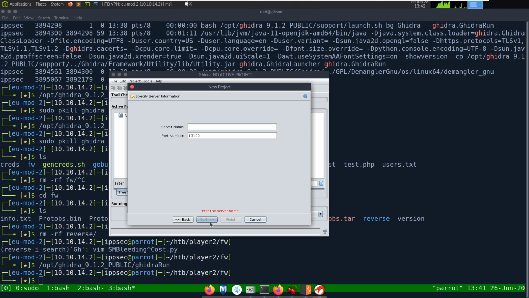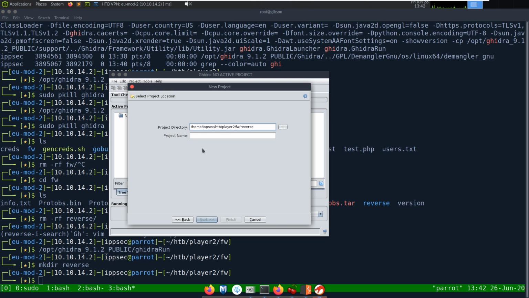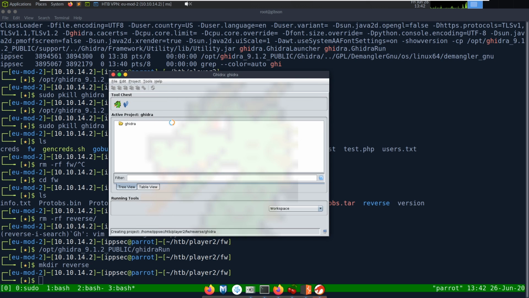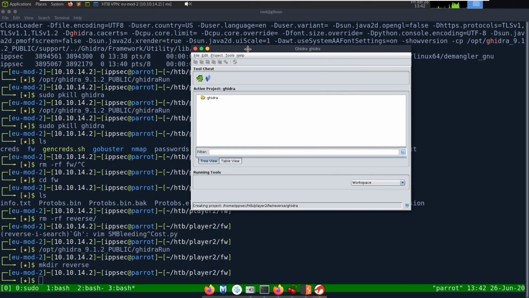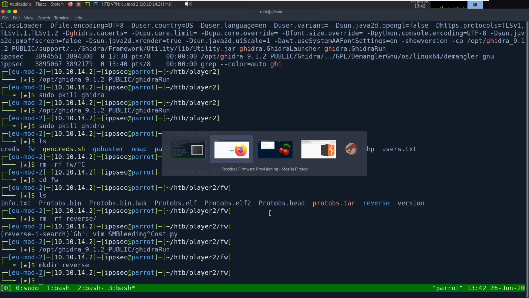New project, shared. Oh, not shared, non-shared. mkdir reverse. Just call it that. So I don't know why it started taking so long. That was a weird bug. Or maybe I'm just really impatient. Come on, open up. So while that opens,